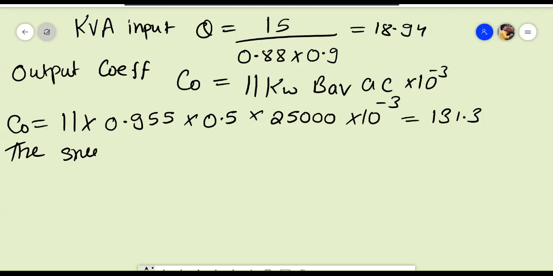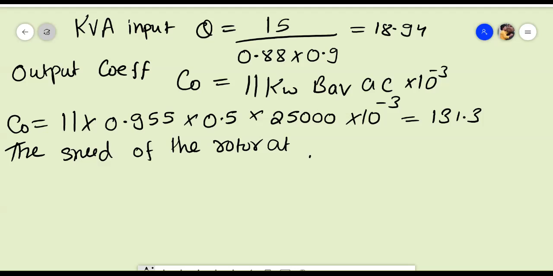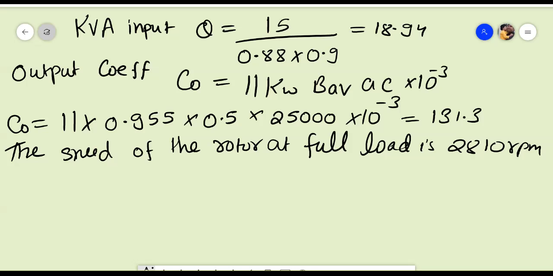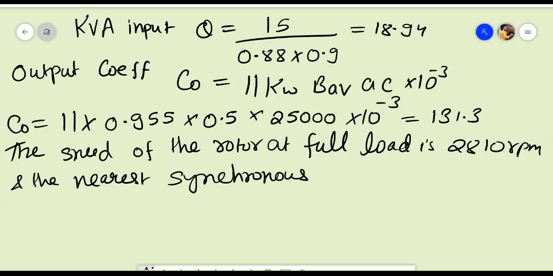Okay. So here then, the speed of the rotor at full load is given as 2810 rpm, and the nearest synchronous speed